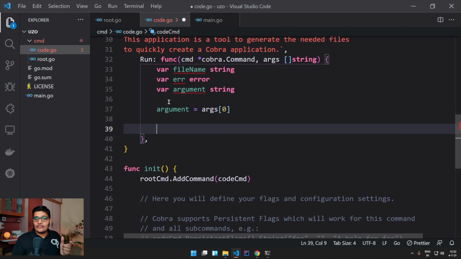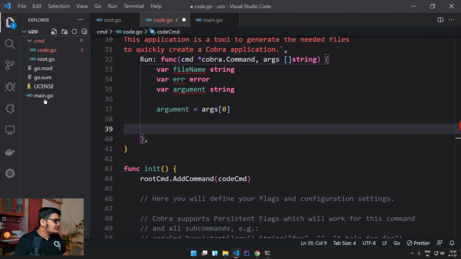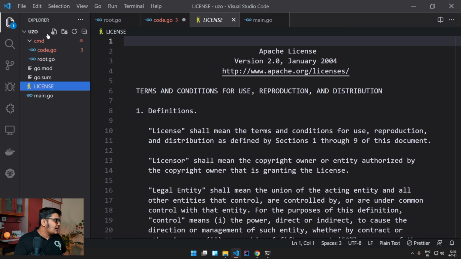So I want to unzip that particular file as well. So I want to have the unzip code as well. So let me create the utility for that and add that particular code. So what I'll do, I will add the directory over here that says util, that is a package, and inside this package I'll create the utils.go file over here. Package is util, and let's add the unzip code over here.